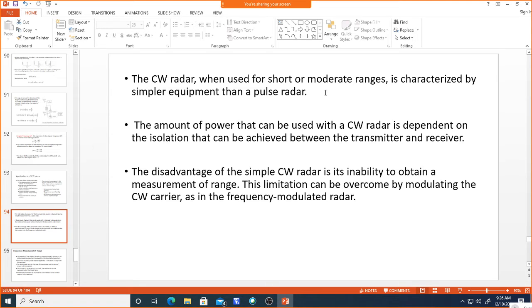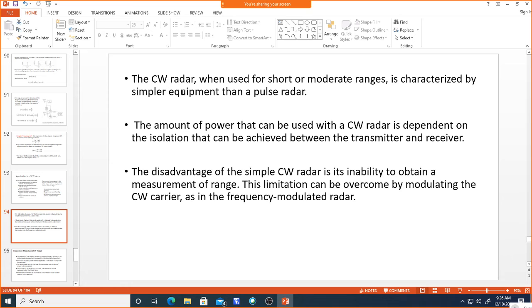If you go to a large range, then we can use some other method, because whenever you transmit the signal, how much distance will it go? If you speak with respect to a speech signal, it may reach maybe a maximum of 50 meters or something like that. If you go on increasing the power of the transmitted signal, then the range will increase.